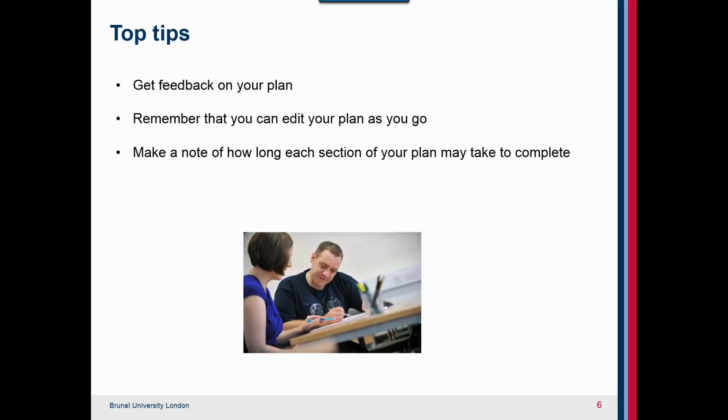Make a note of how long each section of your plan may take to complete. Again, this will help to organise your time so that you don't need to get right up to the deadline in order to start writing. Make a time plan and work backwards from your assignment deadline. This is a top tip to make sure that you allocate enough time for everything and all parts of the